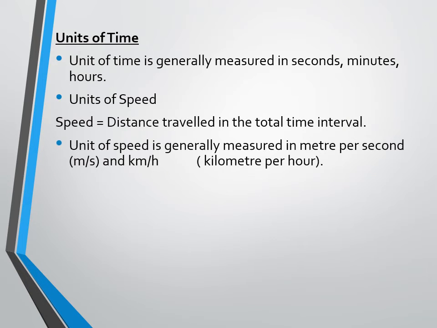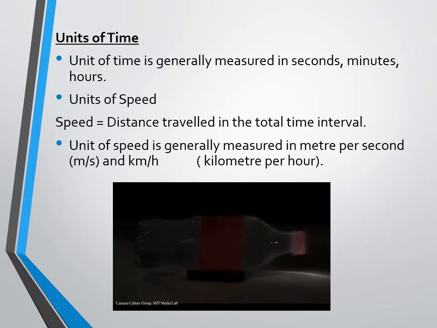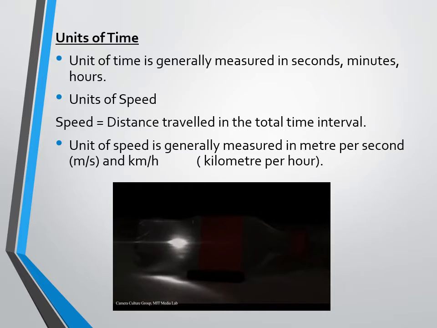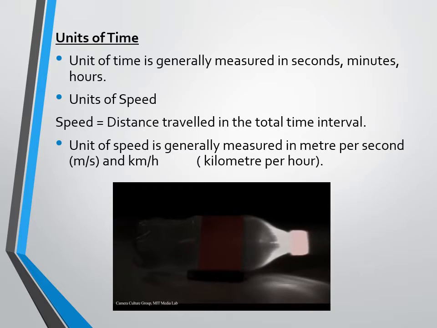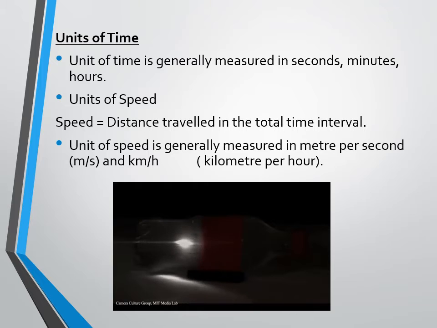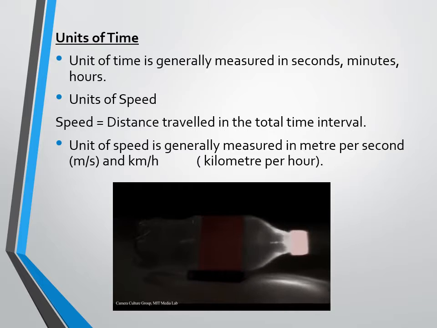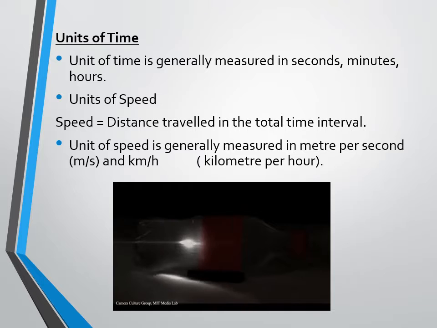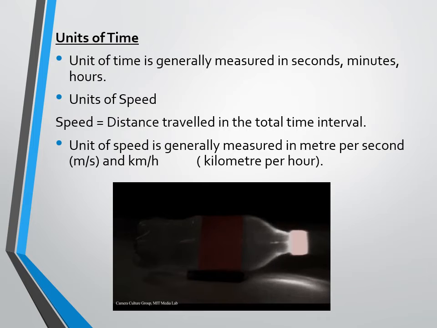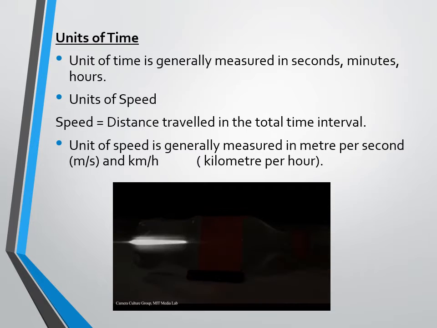What are the units of speed? So we have learned how we can measure the distance and time. So we can also calculate the speed of an object by distance traveled divided by time taken, and we have also studied the relationship between the speed, distance and the time. So now how can we calculate and see the speed in vehicles by a device which is present in motorcycles or cars? Can you say what that is? Yes, correct. It's the speedometer and odometer.